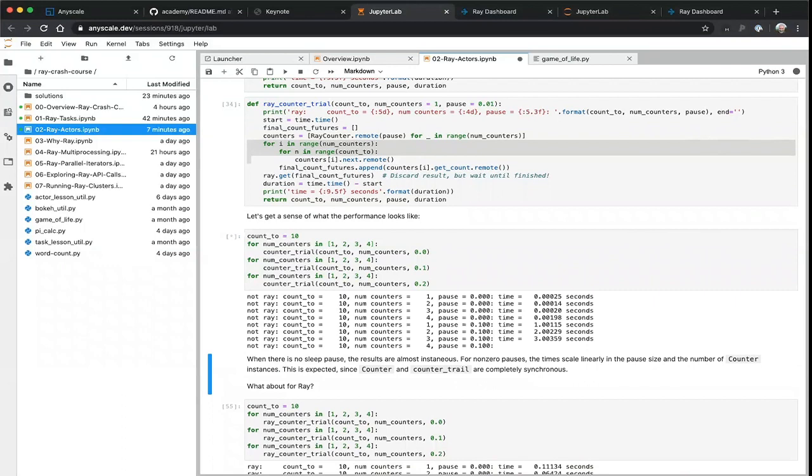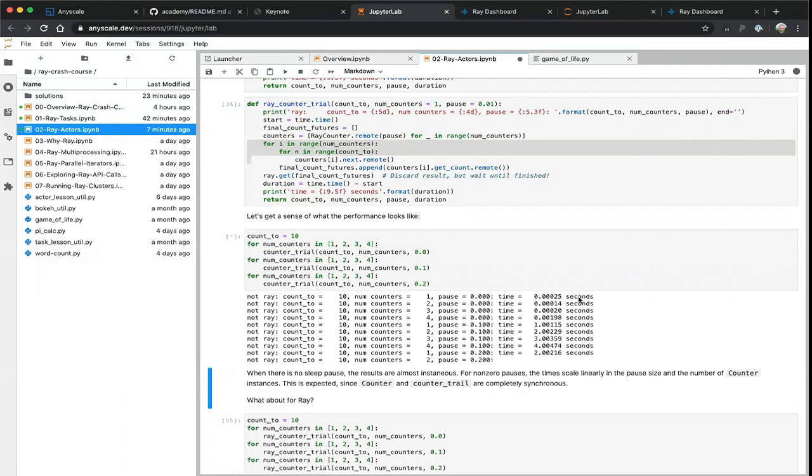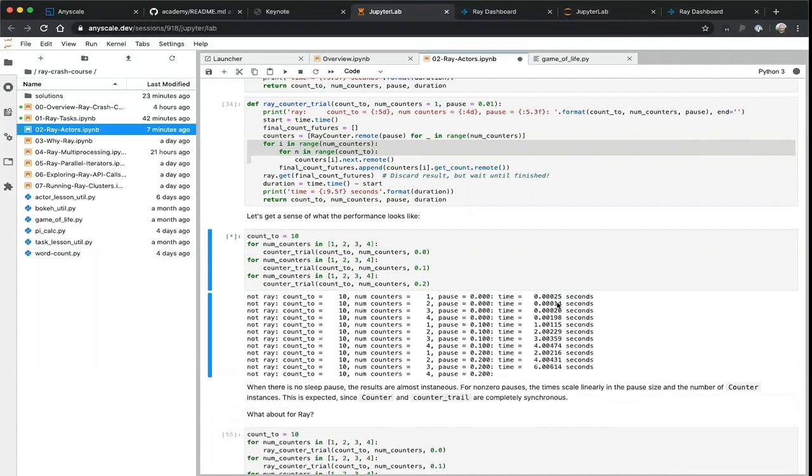So look at the times and look at the number of counters and the pause times. For these zero pauses, it's sub-millisecond. It just rips right through very fast. Kind of a good lesson, actually, that if you really have something that's very tight and very fast at a microscopic scale, make sure you do that as much as you can and don't impose a lot of overhead, like calling something like Ray. But as soon as we start pausing, simulating expensive calculations, then we're basically scaling